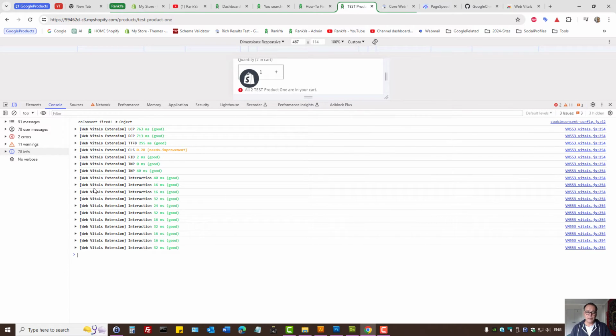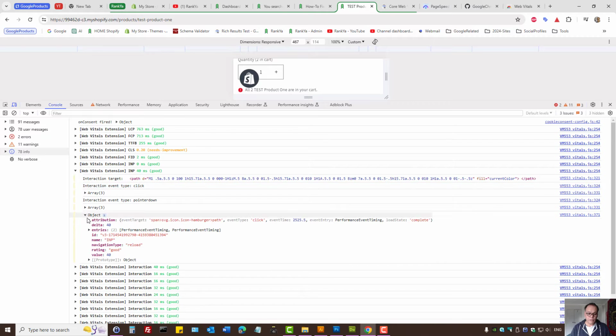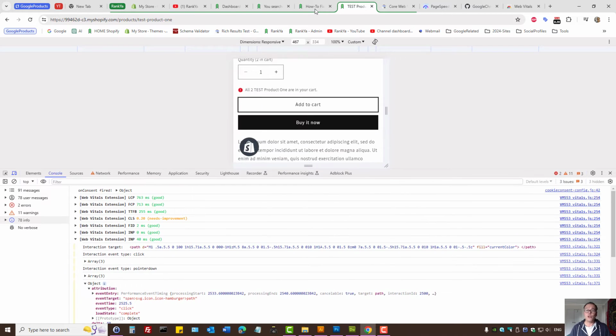In the sample example, once again, the interaction target was this. It was a click type, so that was a clickable element. And we can go deeper and deeper to find out what element and what click event. So this is how you troubleshoot INP issues